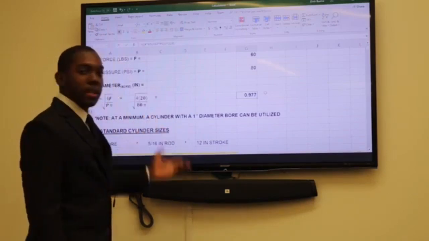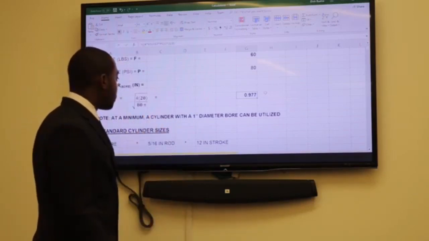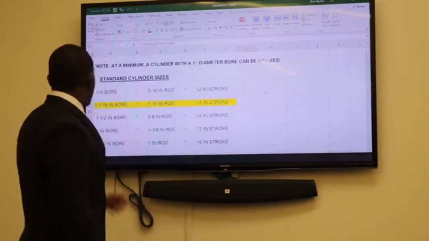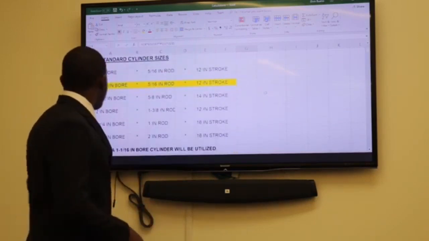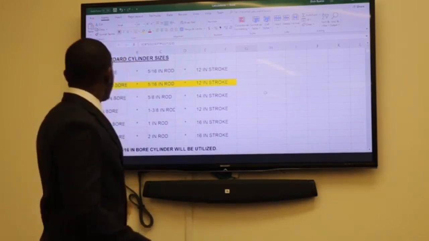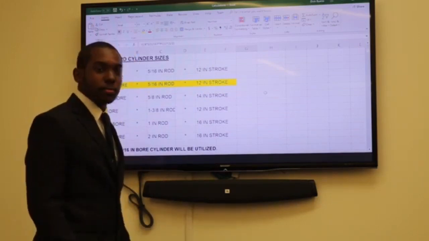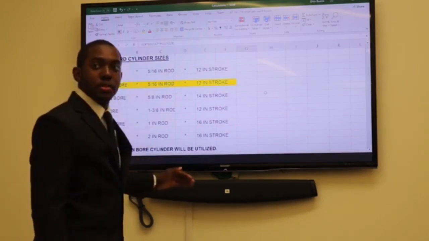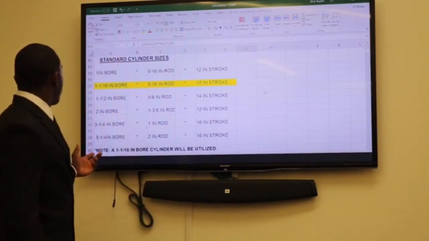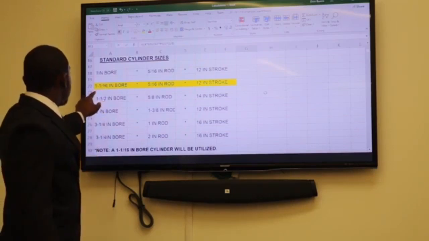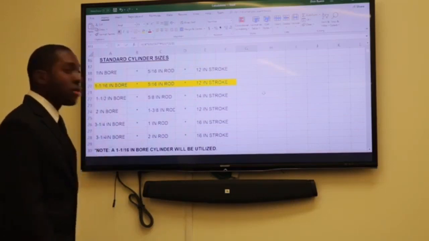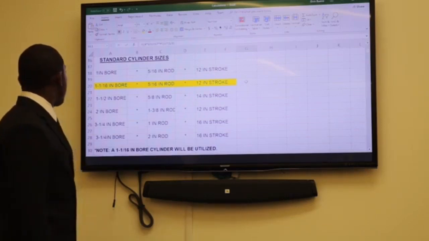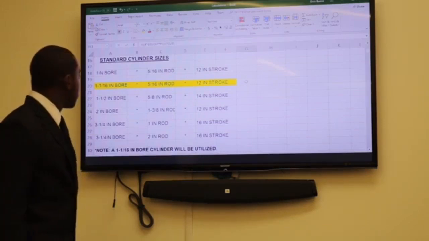And we noted that we need at least a 1 inch diameter cylinder to operate the system. So we did some more research, and we went on Parker's website, and we got a list of different options available for us. And we selected the 1 1/16 bore. We found that to be suitable for the system because of cost associated.